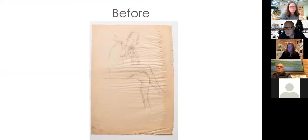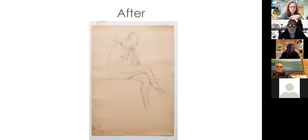Here's another drawing that you saw during this presentation, and on the right, you can see there's a significant amount of water damage that had caused these tide lines and a lot of undulations in the paper support. Again, this is not one that was mounted to a window mat, but you can see that it has a lot of discoloration. And so here it is before and now after. So there is still a light shade of discoloration along that right edge, but we were able to really reduce that mainly by washing. We did do a little bit of localized treatment with a really dilute sodium borohydride, which is a